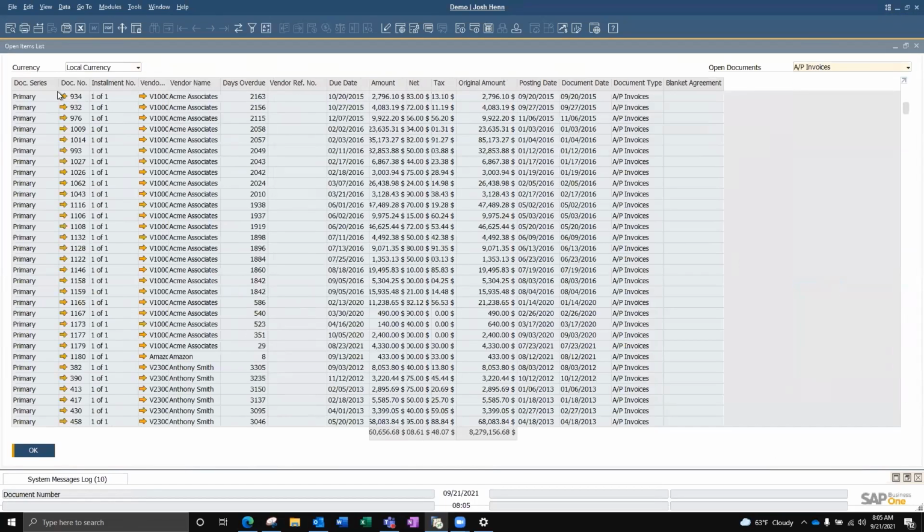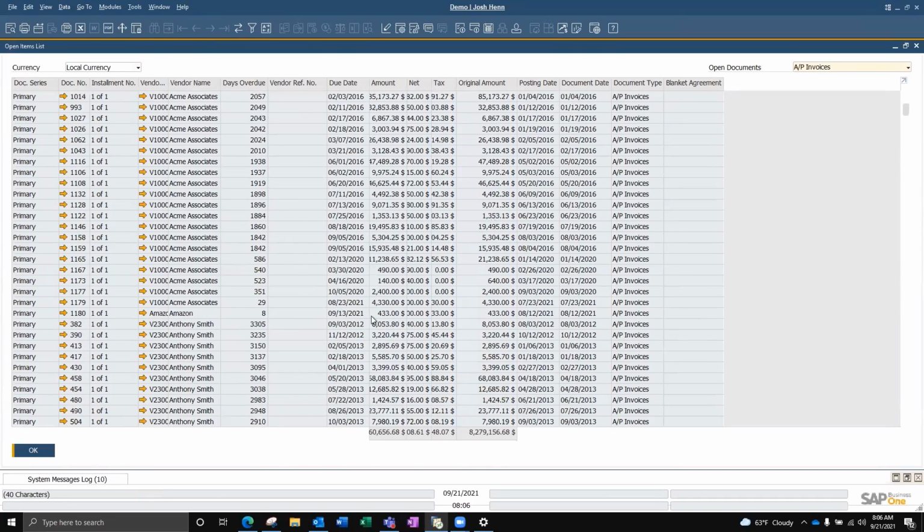Here we'll see a brief overview of the document, the vendor name, days overdue, due date, and the original amount of the document. This is a great alternative to going into, in this case, the AP invoices and using the toggle keys in the toolbar like we talked about before. This will give you a very detailed overview of each document that is open or outstanding.